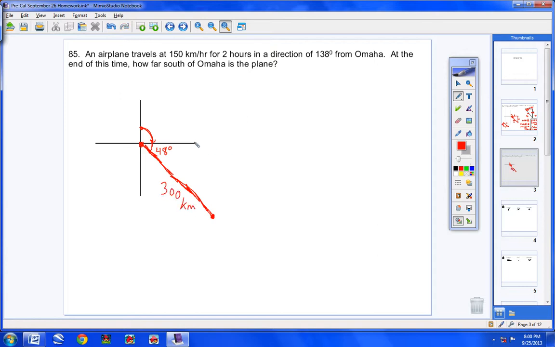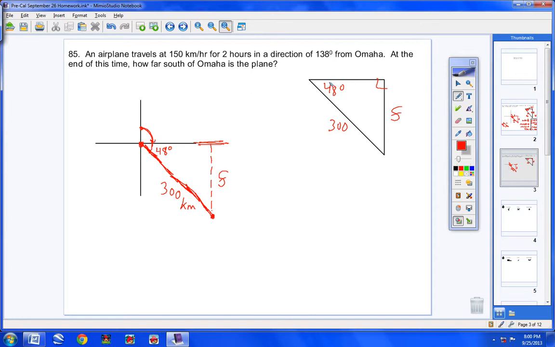So far in 2 hours, the distance is 300 kilometers. Now, let me go ahead and extend this axis here. The question is at the end of this time, how far south is the plane? So all that I'm looking for is just one missing piece of the triangle, and it's this right here. I'm going to put S for south. So again, if I can draw this triangle off to the side, like I did in the last problem, put a right angle here, put 48 degrees here, put 300 here, and put an S here, I'm really all set,